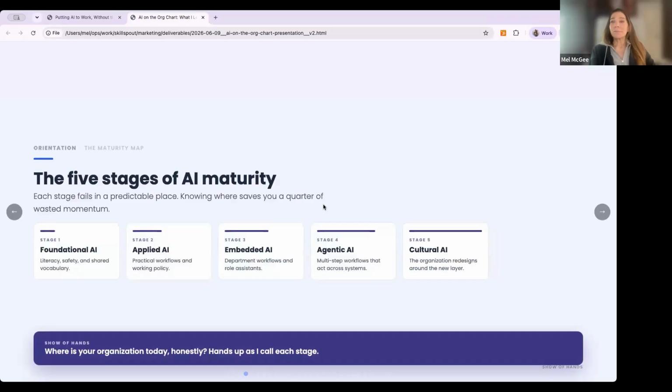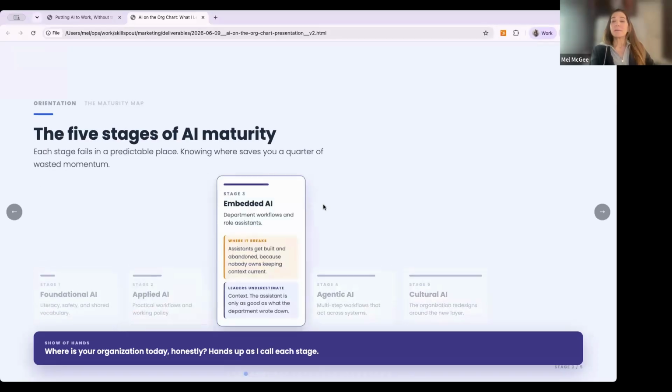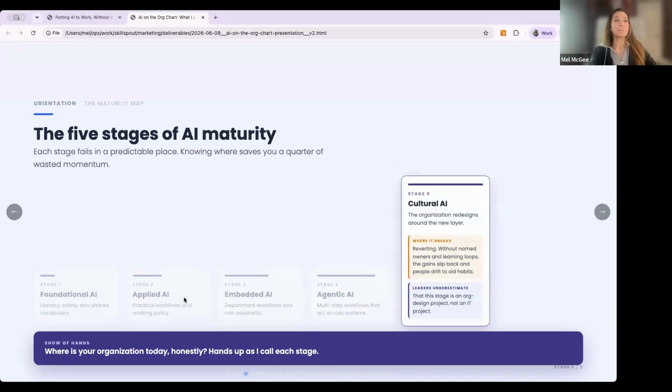So I want you to figure out where you are on the 5 stages. And I'd love if you could put into the chat down here in Zoom which stage you find yourself in. And it could be more than one. A lot of times organizations have people building over here and they're building agents, and then the rest of the team is learning the system, so they're not getting left behind. So I'd love to see where everybody is here.